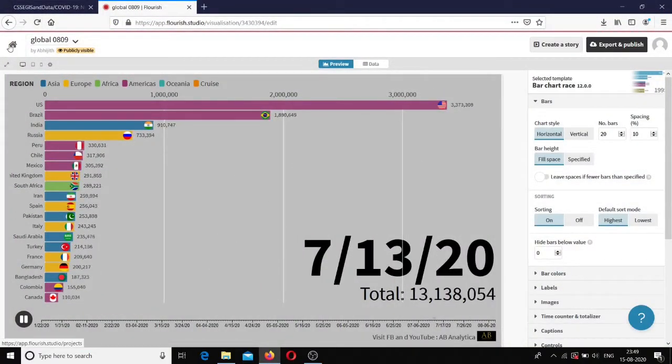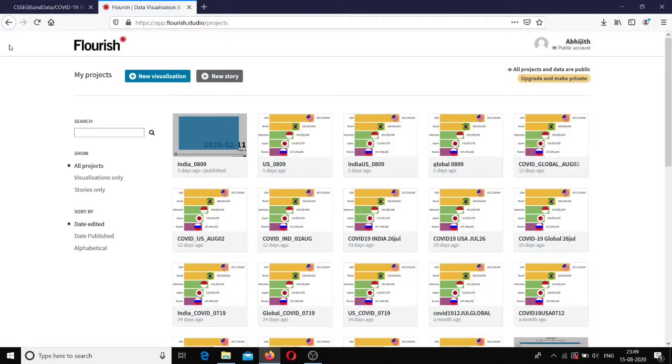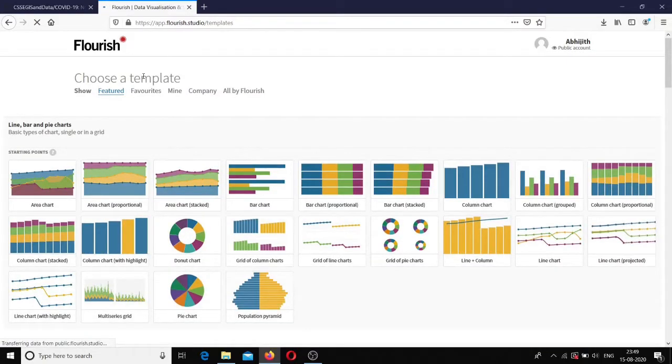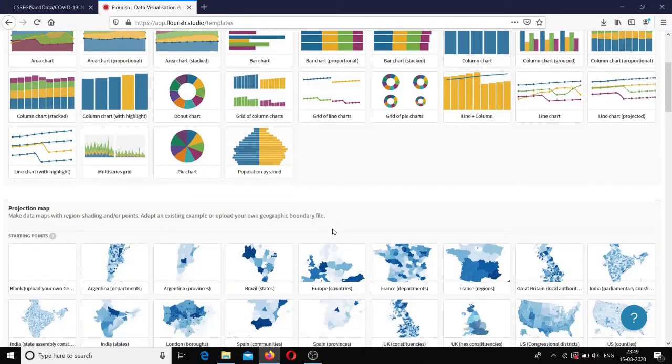So once we have created the Flourish account, the next thing is, when we go to the Flourish home page, you have to click on new visualization and then select the type of visualization which is required.